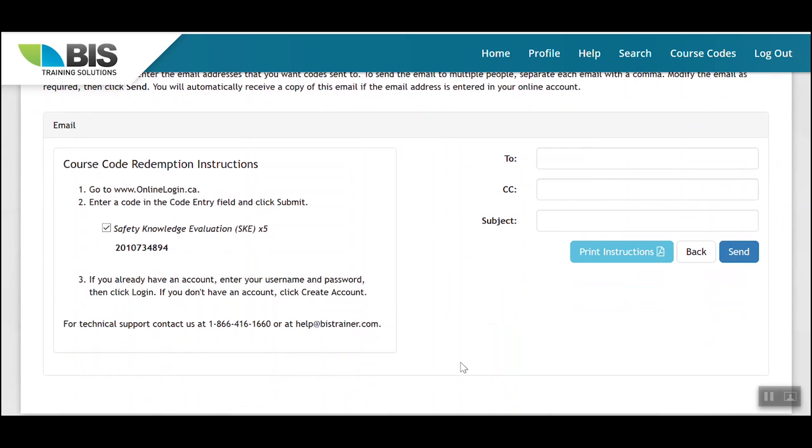If you have an individual who has emailed the instructions and they do not need to take this training course, you can simply email the instructions to another individual who does require the training. If you've already applied the training to an account and you need assistance removing this training, you can contact us at help@bistraining.com, or you can call us at our toll-free number